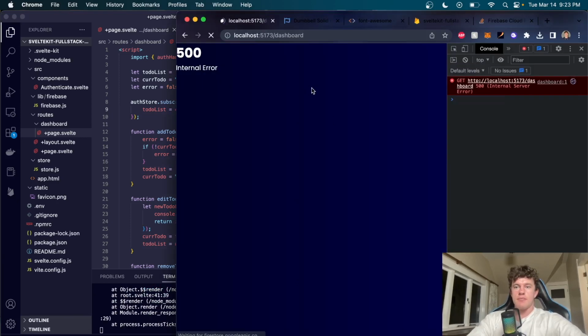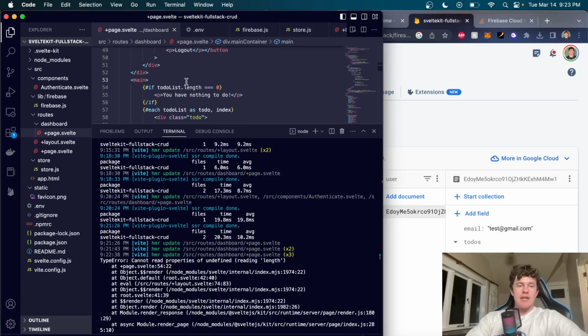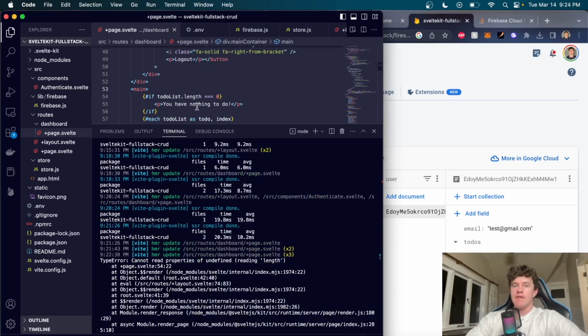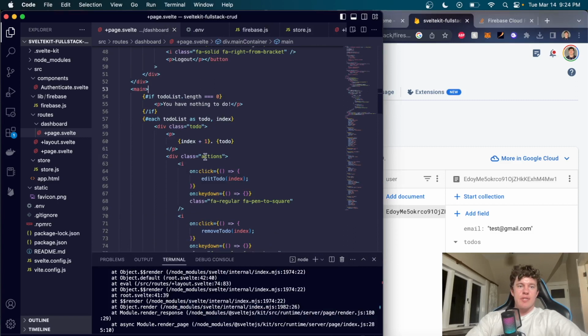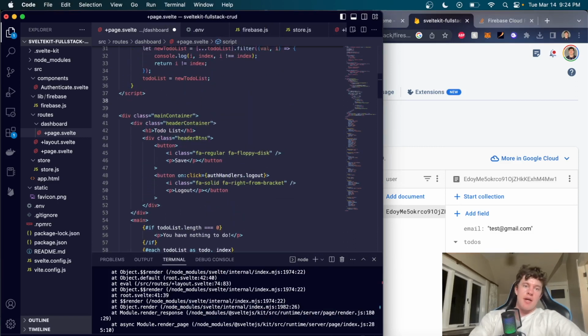So that's all happy. We're getting a 500 error, and that is from this side. It cannot read length. And the issue we're getting there is that occasionally it's going to come back as undefined. So we're also just going to add a loading state to this whole page just here. And we're going to say if